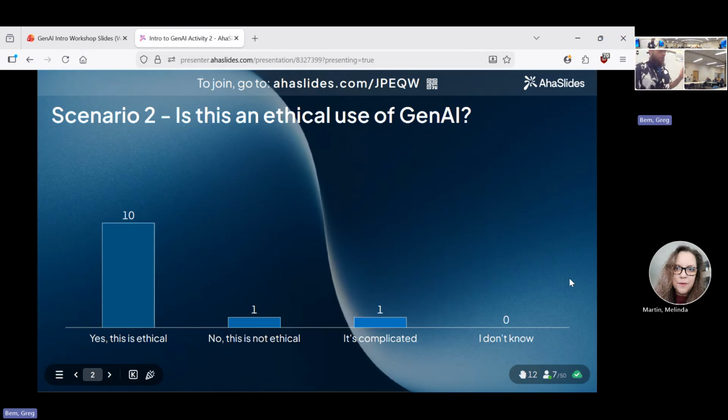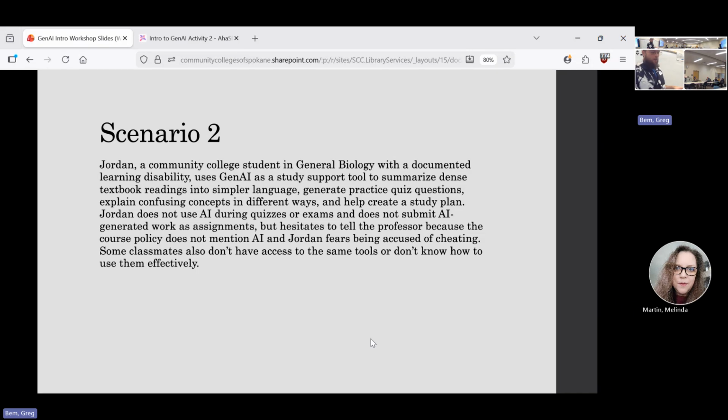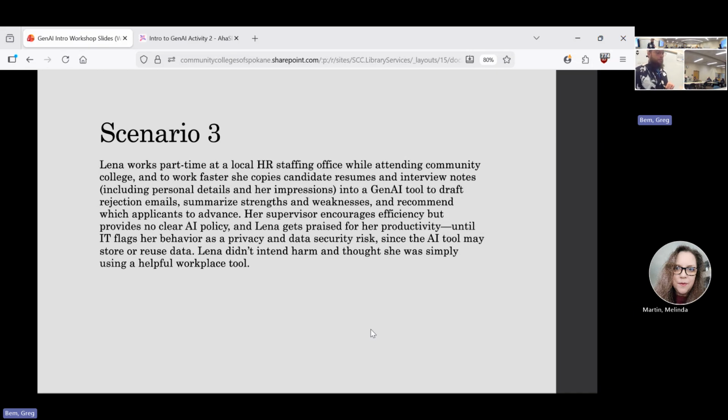All right. Real quick, let's do the final one because I know y'all got to get out of here. Scenario 3, Lena works part-time at a local HR staffing office while attending community college, and to work faster, she copies candidate resumes and interview notes, including personal details and her impressions, into a GenAI tool to draft rejection emails, summarize strengths and weaknesses, and recommend which applicants to advance.